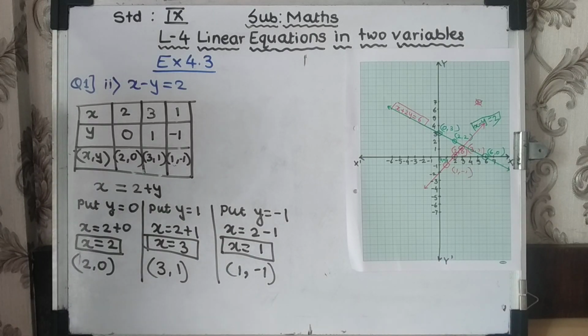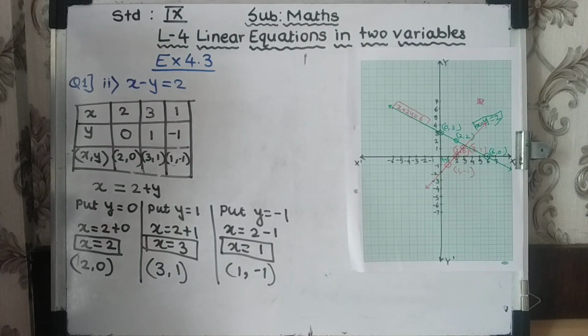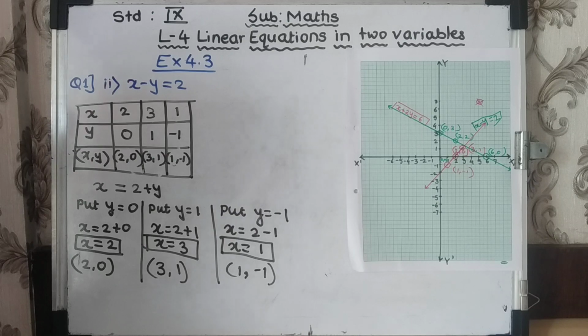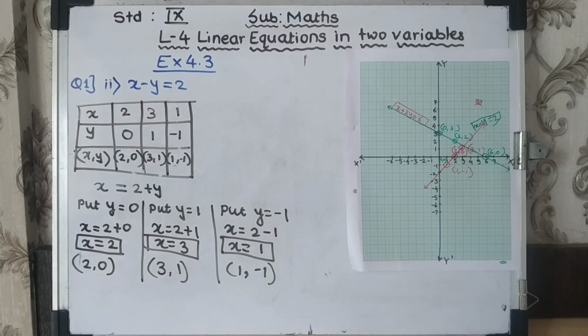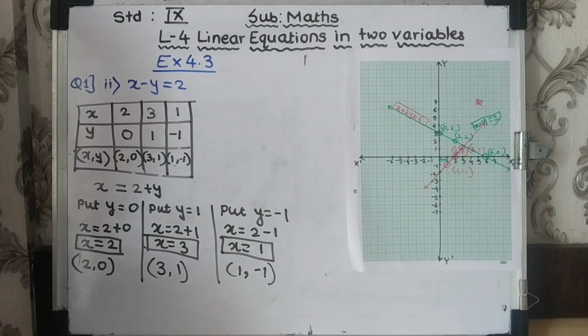So likewise we are going to represent the graph of that equation on the graph paper. Shall I show one more? That is y is equal to 3x. For y is equal to 3x, just tell me what kind of graph we will get. Yes, it will pass through the origin. You solve it as homework. Now we will proceed to question number 2.